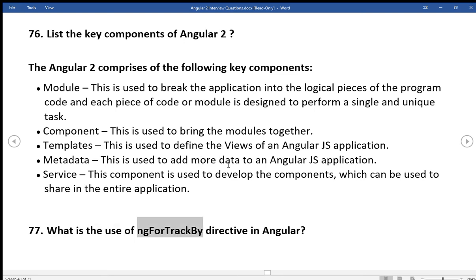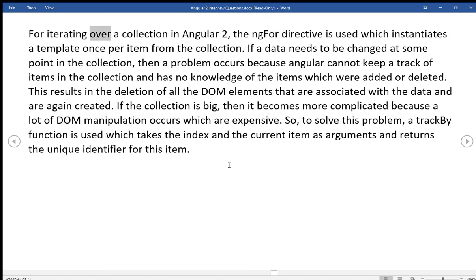What is the use of the trackBy directive in Angular? For iterating over a collection in Angular 2, the ngFor directive is used, which instantiates a template once per item from the collection. If data needs to be changed at some point in the collection, then a problem occurs because Angular cannot keep track of items in the collection and has no knowledge of the items which were added or deleted. This results in the deletion of all the DOM elements that are associated with the data and